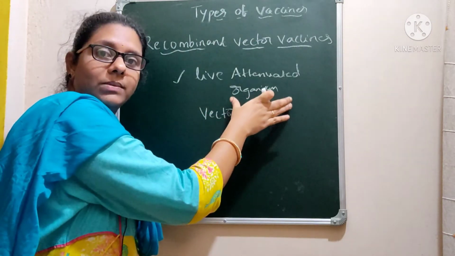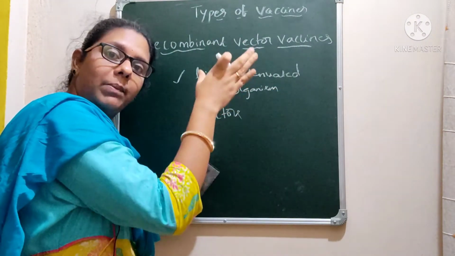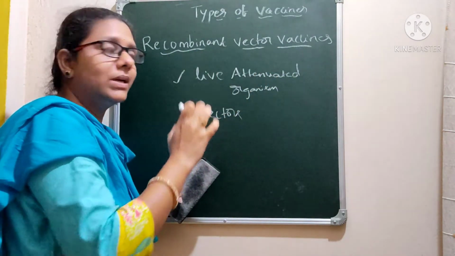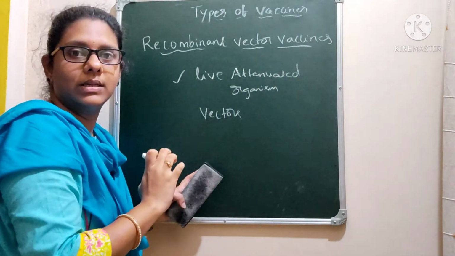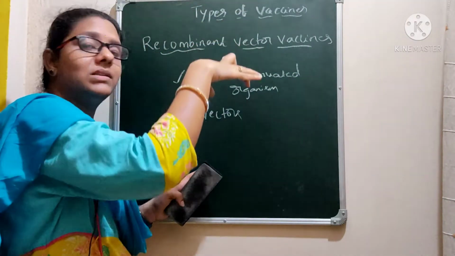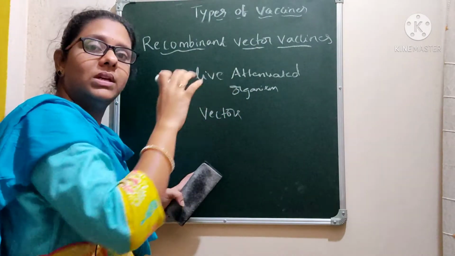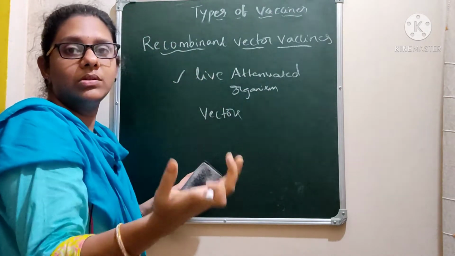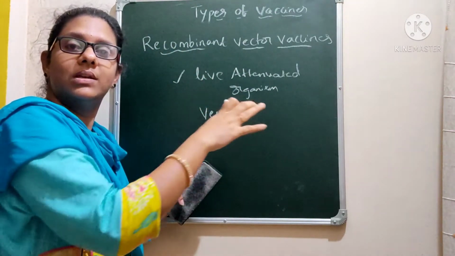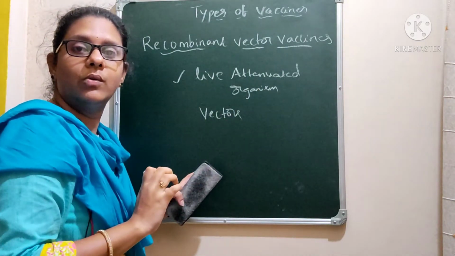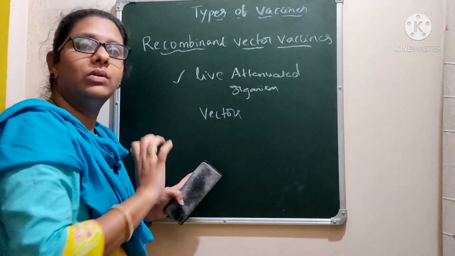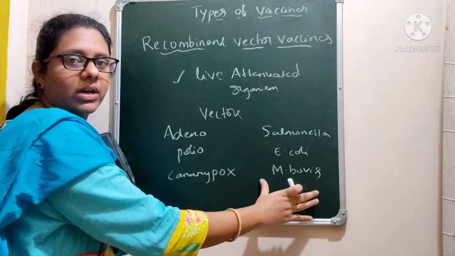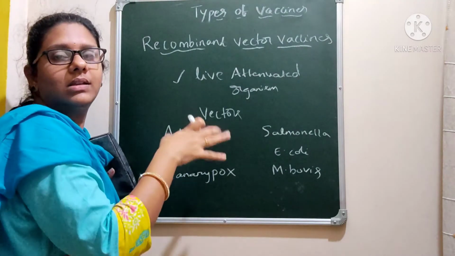See, here the organism is in a live form, so it is capable of replicating in a host, but it is not capable of causing infection because we have already attenuated the organism, and we are introducing the gene that codes for the antigen into this live attenuated organism, which will act as a vector. Once we introduce it into the host, what happens? When it undergoes replication, we get a sufficient quantity of that antigen which can be utilized as a vaccine. So these are some examples of the strains which can be used as vectors in this technology.